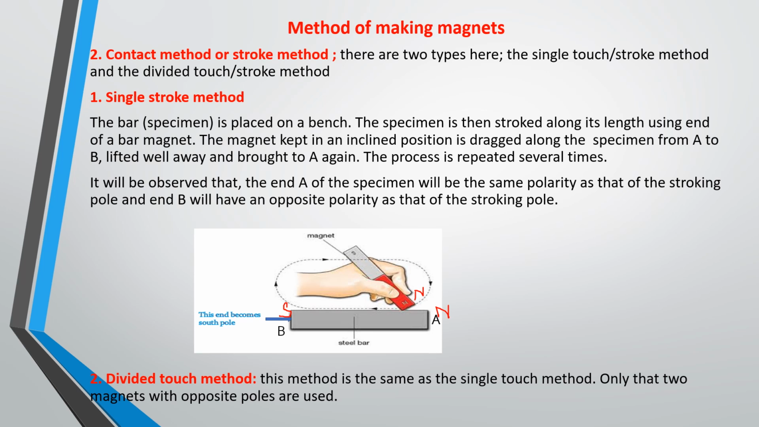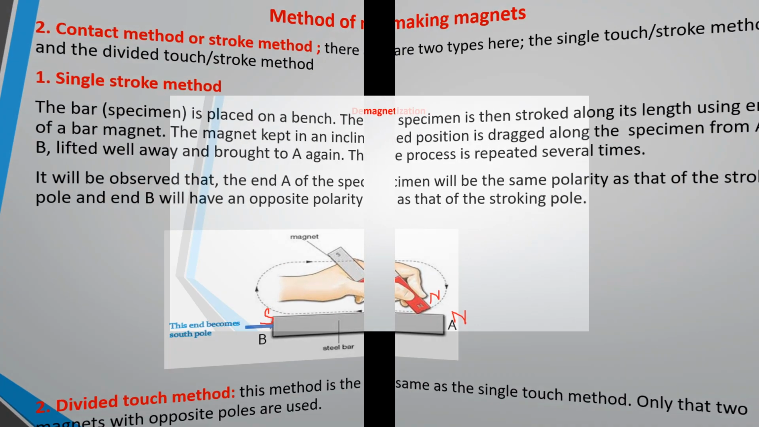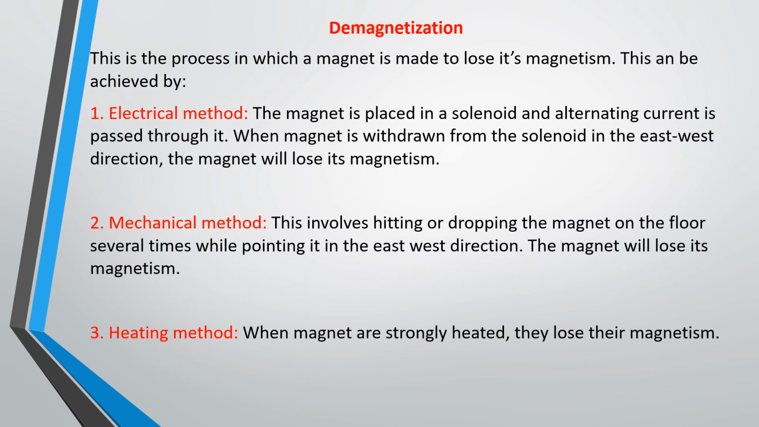Now sometimes, depending on the way you handle your magnet, it can lose its magnetism, and that is what will bring us to demagnetization. Okay, so what is demagnetization? This is the process in which a magnet is made to lose its magnetism, and this can be achieved by